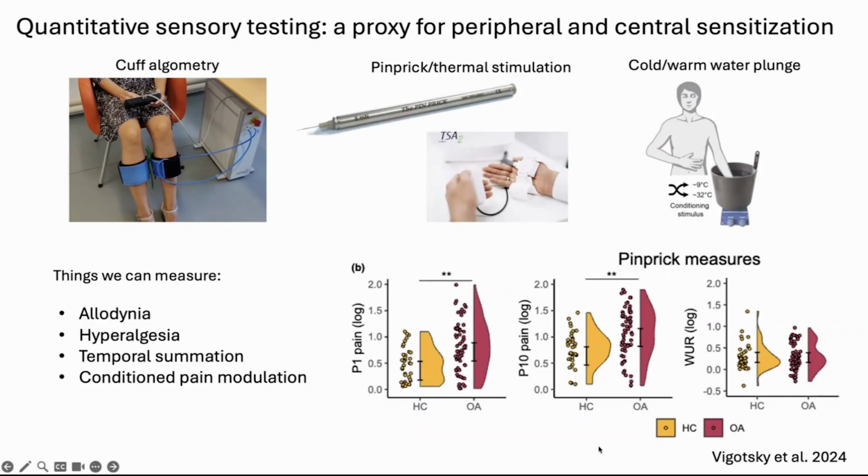Now, we have conducted actually some of these studies. So one of the studies that I'm highlighting here on the bottom right was a study comparing patients with chronic pain because of knee osteoarthritis and also healthy controls. And what we have found was that patients with osteoarthritis of the knee reported significantly higher levels of pain in response to a simple pinprick in the skin around the patella, suggesting secondary hyperalgesia. So they are much more sensitive to a noxious stimuli.